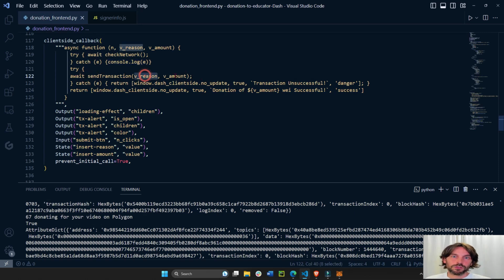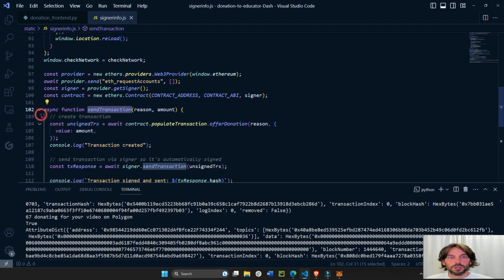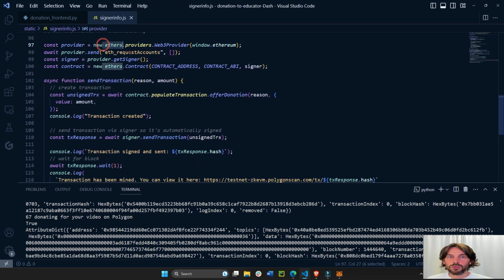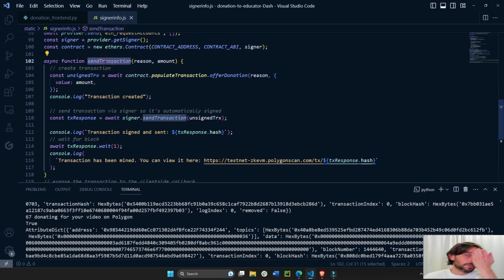We have these two inputs that we pass into it, and the sendTransaction is this function right here, which, after we connect it to the user's wallet, gets their signer information instead of the private key and everything that you cannot see, you don't have access to, because it's some random person's wallet. It's all inside the signer variable. We instantiate a new contract based on the signer information. And here's the transaction. We are actually calling the offer donation